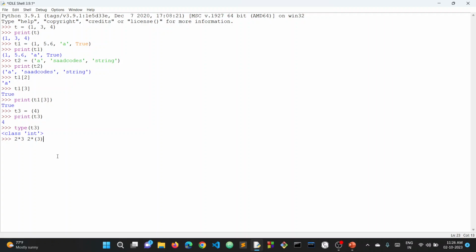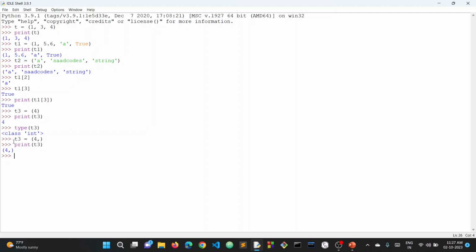So if you just put the parentheses, Python evaluates it as an expression and simply removes the parentheses and stores the value that we have entered in the t3 variable, which is an integer in our case. So what we have to do in order to create a tuple of a single element is just put a comma after the element. For example, if I write t3 equals 4 comma, now if I print the value of t3,